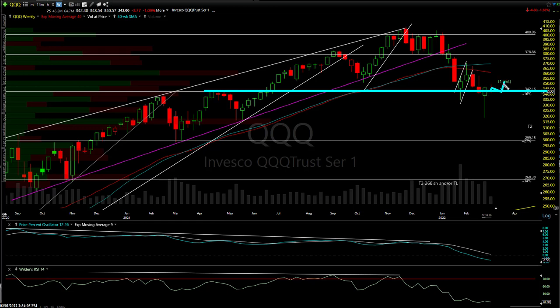And if it doesn't, there's a lot of scenarios, but one would be we consolidate for a while and still be a bearish scenario, but remain under the 200-day moving averages, or most importantly under that 379-ish level, 380 right there, and then have another leg down. That would just be a longer top, but I'm still leaning towards a relatively quick move down. And here's the thing: today is Tuesday. The day is getting close to being over. We've got about an hour and a half left in the trading day, and we'll probably know by the end of this week if that sell signal we just got today on the shorter term charts,